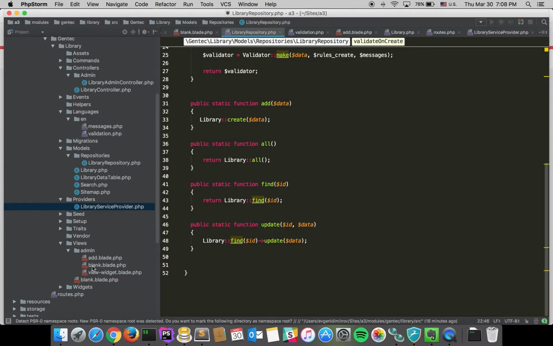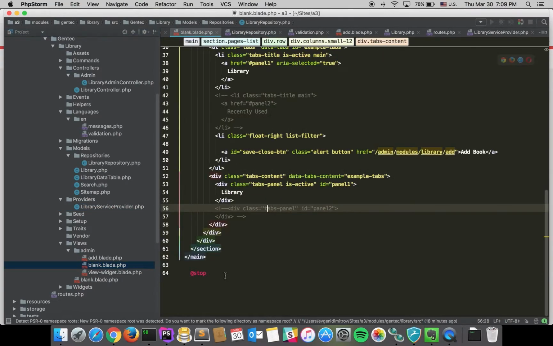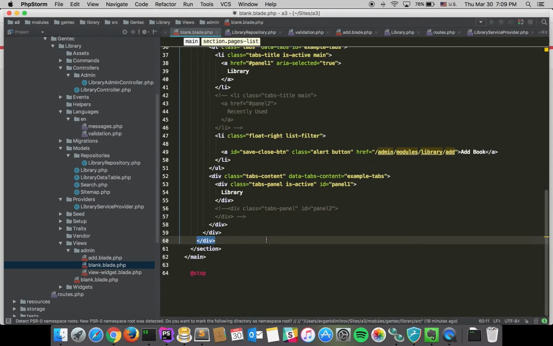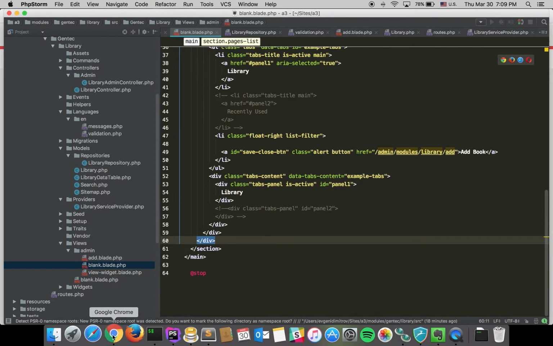Your module by default will come with a file called blank, which is just an HTML structure to help you bootstrap a module. Again, you don't have to use it if you don't want to. For us, it's just a way to keep the modules looking consistent, and it's just a convenience thing. And the other convenience thing is that you're going to notice in a lot of our modules, we use a data table to display